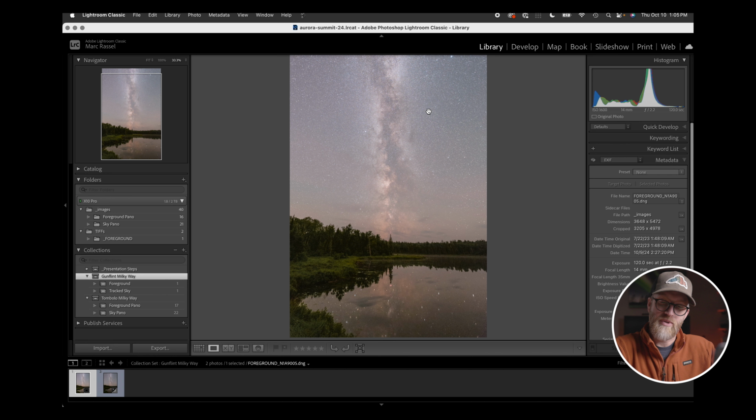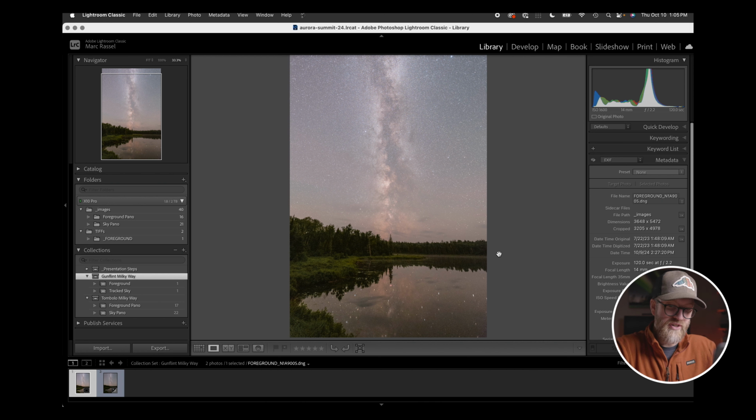Now, before some of you call me out on this, yes, the stars are sharp in this image. And the reason why is this is actually the result of stacking multiple single exposures for the sake of giving me a foreground piece to work with, which you certainly can do, but there's two reasons for that. One, I didn't have time to do a long exposure for the foreground at this location. But two, I wanted to demonstrate just a little bit more of what can be done with stacked foreground,